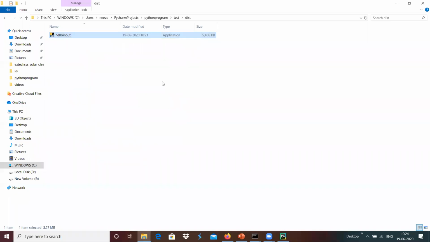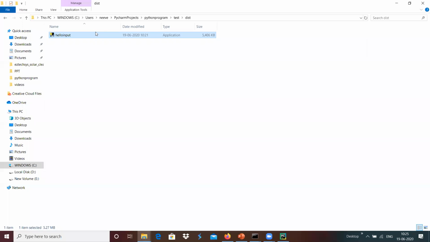And this hello input contains everything it needs to run. For example, a Python interpreter, and if we have used different modules, all the modules will be added into this exe so that it can run as a standalone application on any machine.